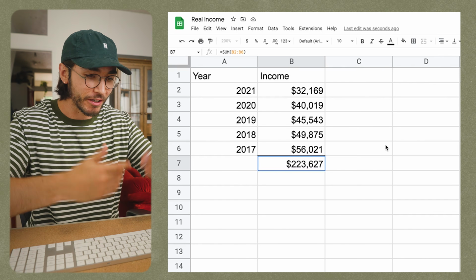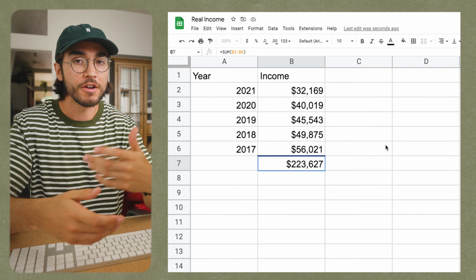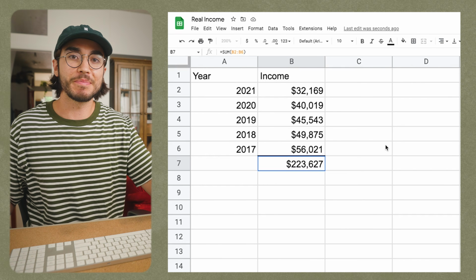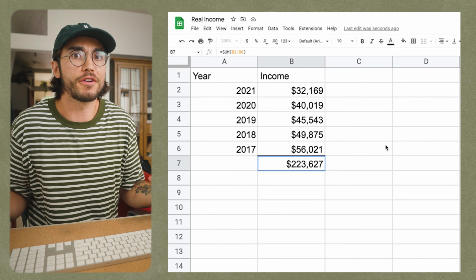Like, how much have I cumulatively earned from working? And what you might notice is, hey, that's actually a pretty big number. Like, I've earned a lot of money from working. But next, this is the potentially unpleasant part, because we're going to see how much of that money you've actually